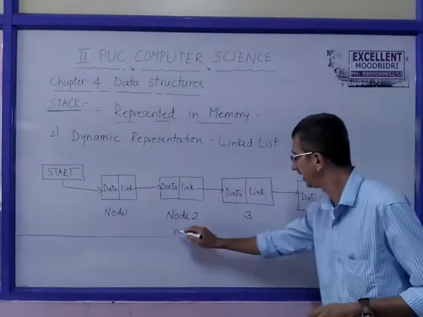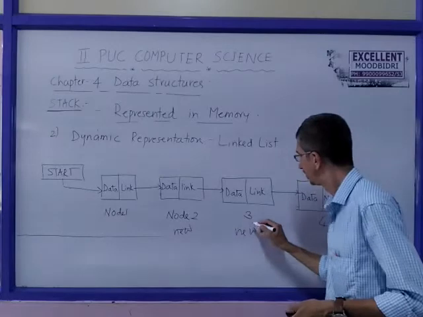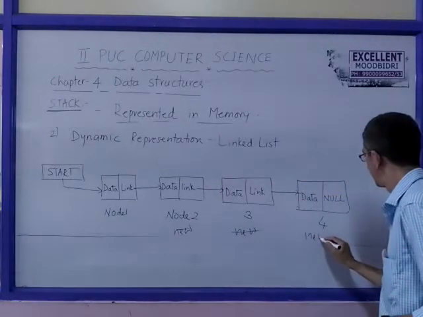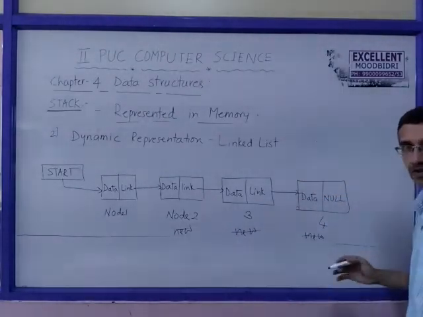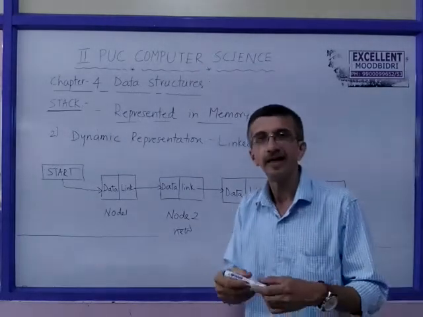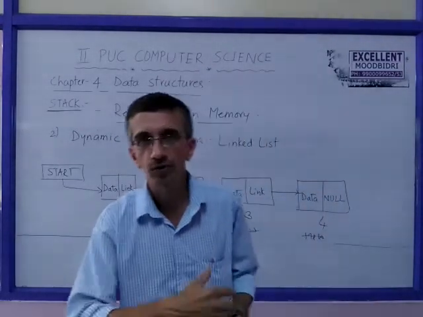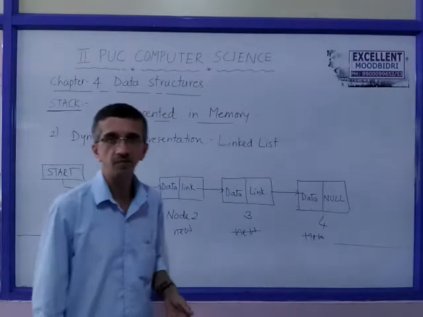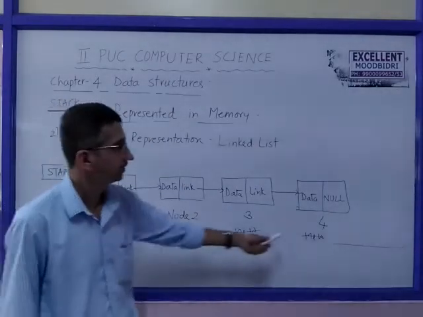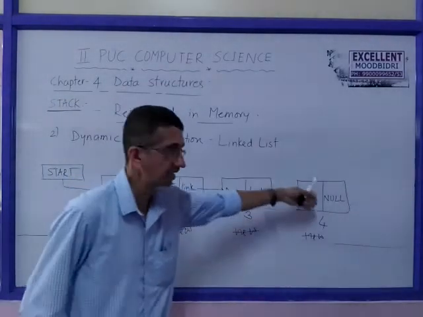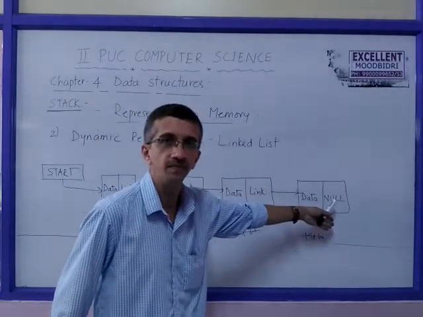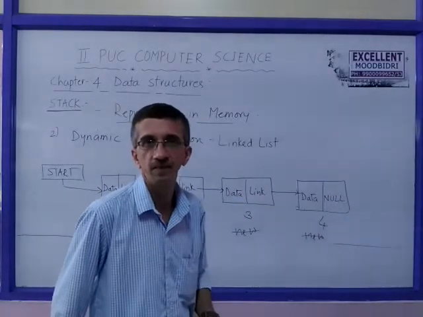So you go on adding the new nodes. This is the new node. Then add one more, like this is the new node. Go on creating new nodes and attach each to the previous node. That is how you can insert items one by one. So inserting an item, the latest node position is the top. That is the top item.